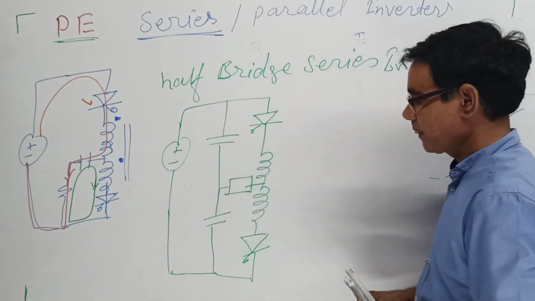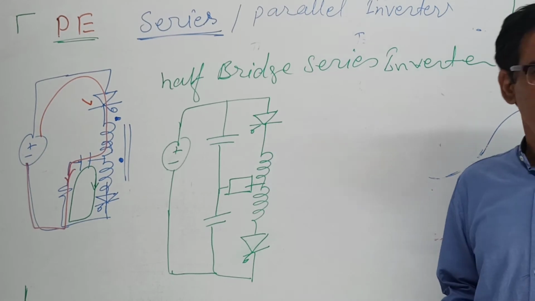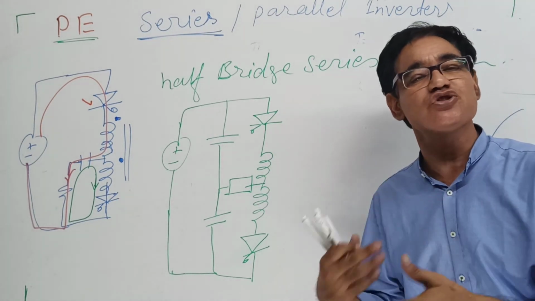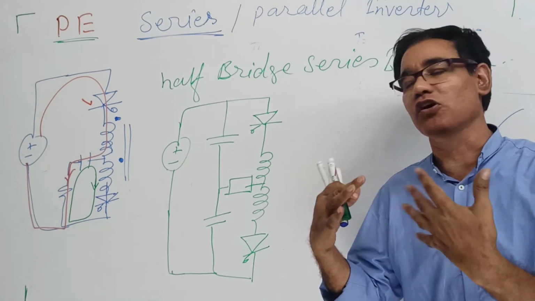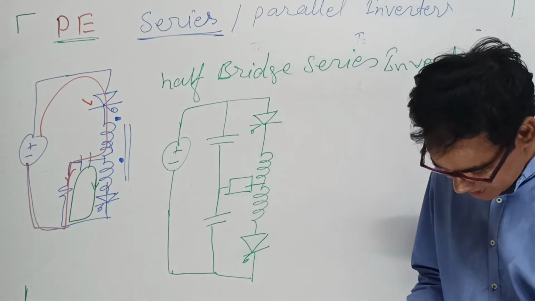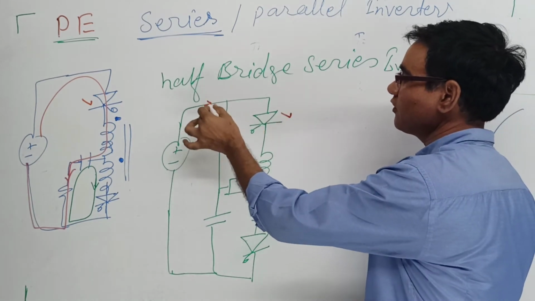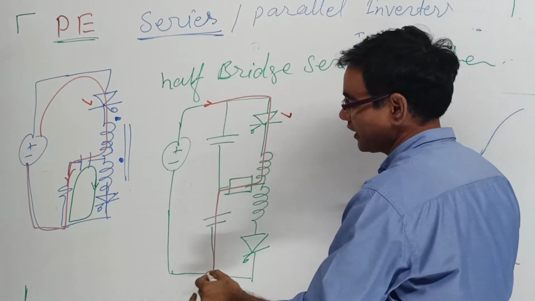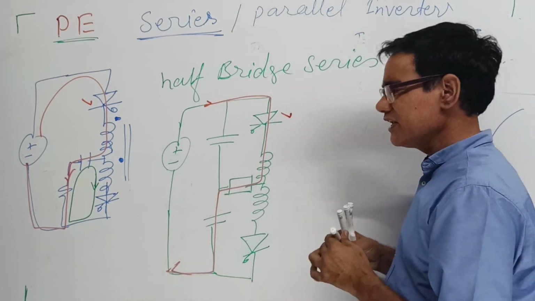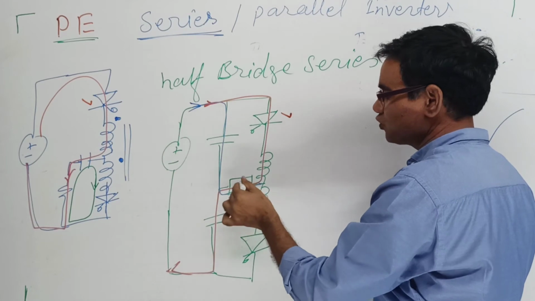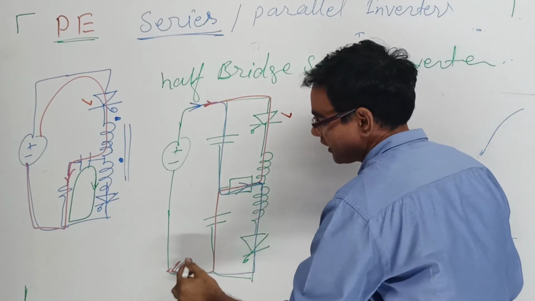Okay. So this is a very good one. It is symmetrical, and it doesn't require the storage of the power. There is flow of power in both the cycles. So what happens when the switch is on? This is the flow of power like this through the load and capacitor. And in the remaining half of the cycle, the power is coming from this one in the opposite direction, and flows like this.